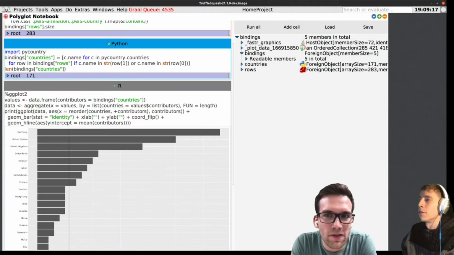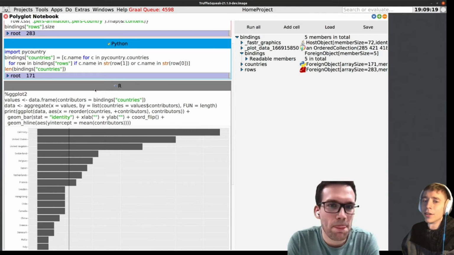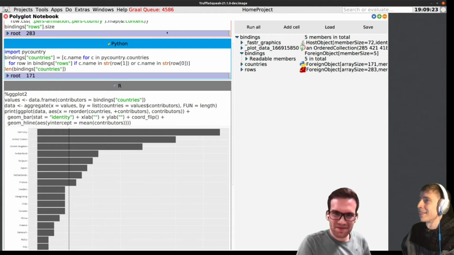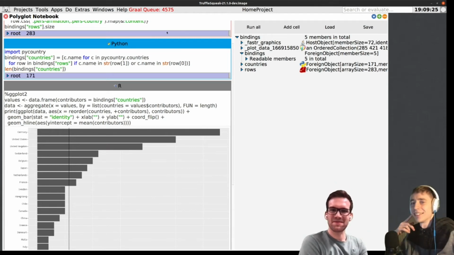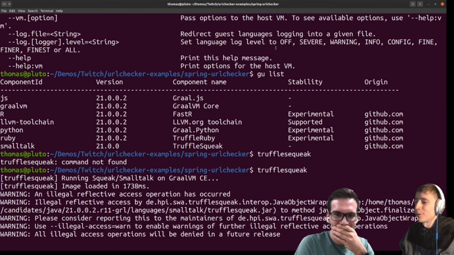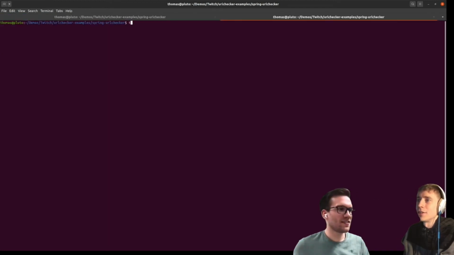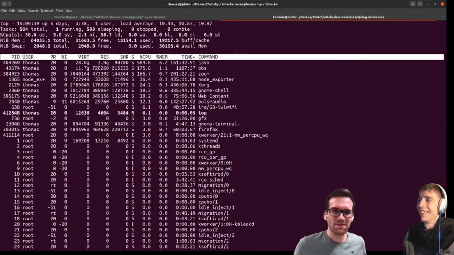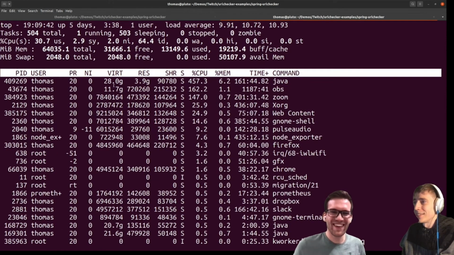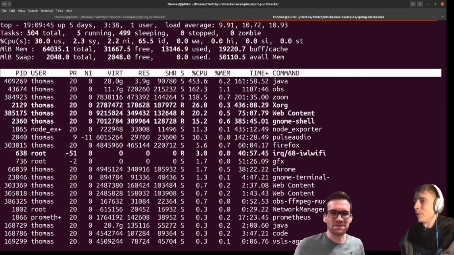I have a question to you, actually. Yes. The Graal compile queue there is kind of high, right? Yes, it is. Is the compiler actually doing something? Do you think this is reasonable? We were wondering the same thing, and the answer is yes, it is doing something. I thought it's supposed to be a fast runtime, no? Yeah, of course, it is fast. Here we see the CPU time consumed is 450%,